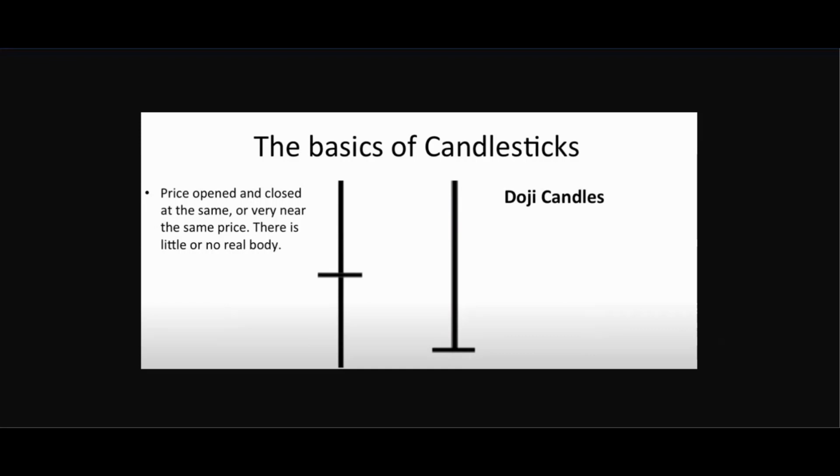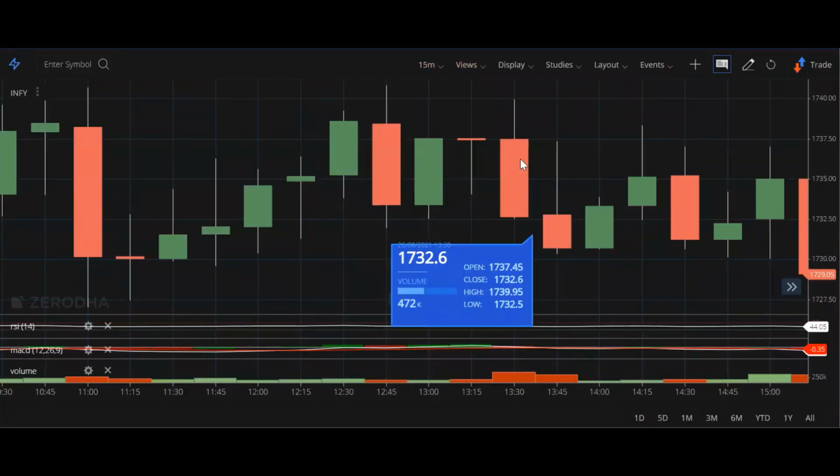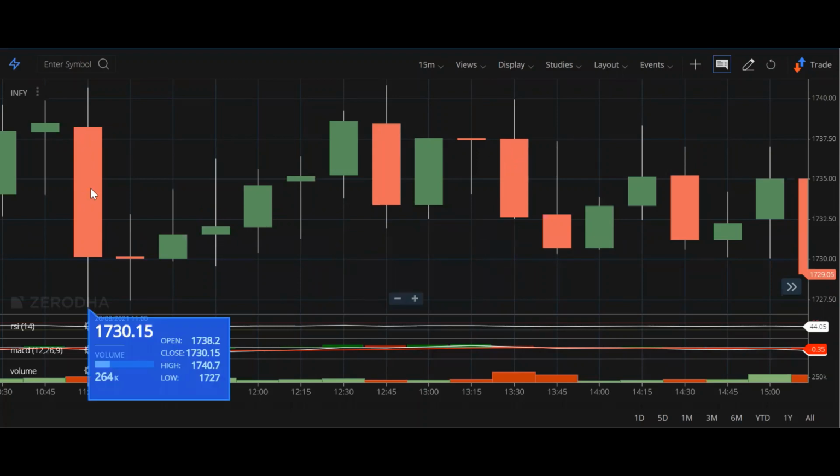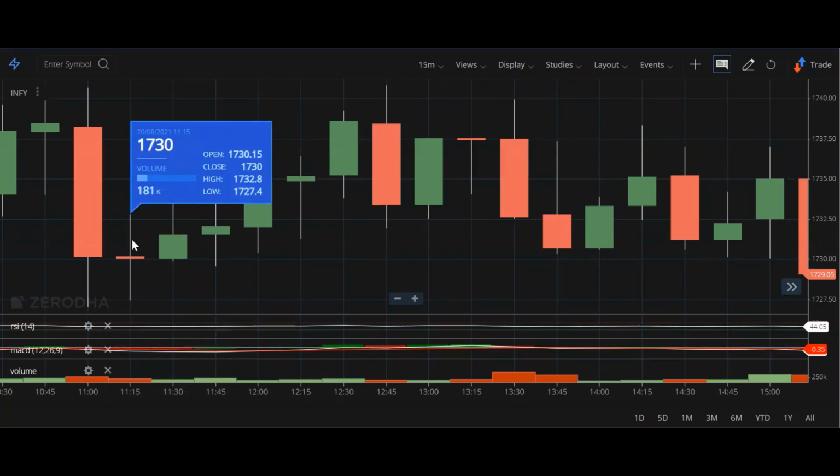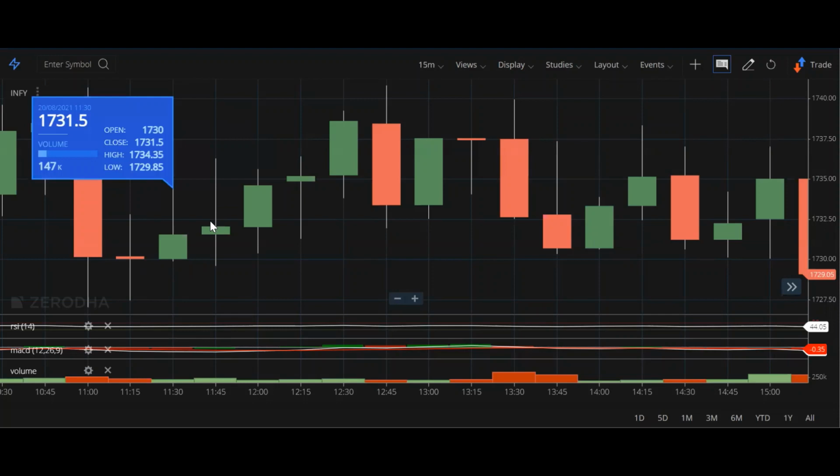So now let's move on to the Infosys 15 minutes time frame chart. Here, this red candle has a real body as well as the shadows. And now here we can see the open, close, high, and low value data as well. And the next candle beside it is like a doji candle where the real body is not existing or very negligible, we can say, but we can see the shadows, the lines above and below. So here also, this is the advantage in the candle charts when compared to line charts. We will have more information: the open price, close price, high and low price, and also these candles will be indicating trends of the behavior, which we will be discussing in our upcoming videos.